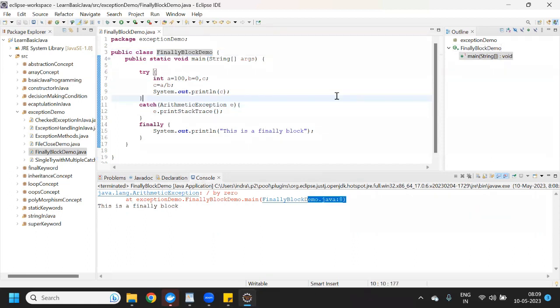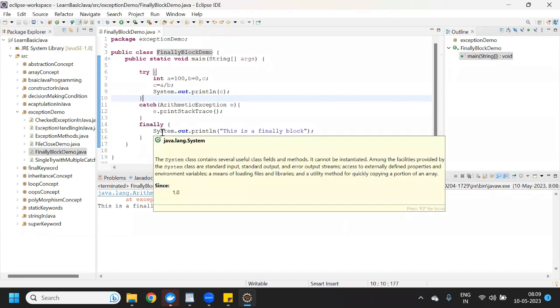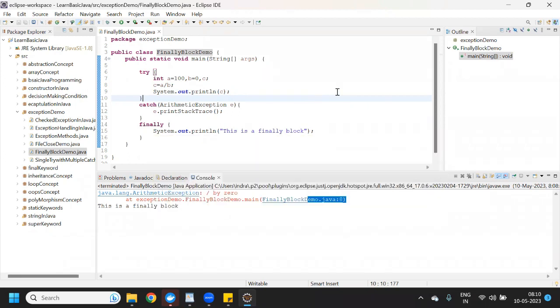So this is how we can use the finally block along with the try and catch block. So we are saying this finally block will always be executed whether the exception is handled or not. It doesn't matter, the finally block code will always be executed, right?